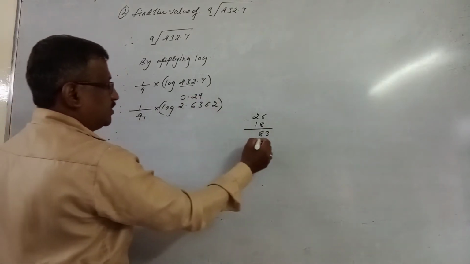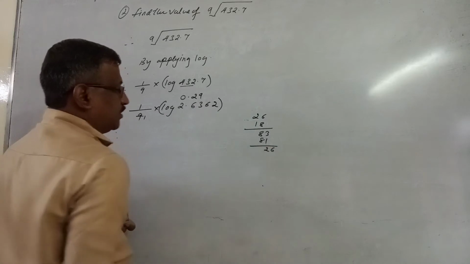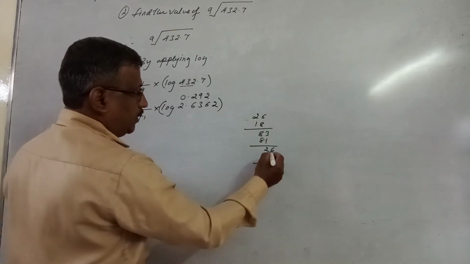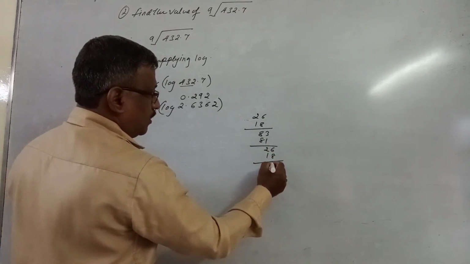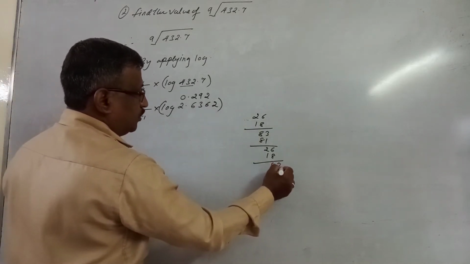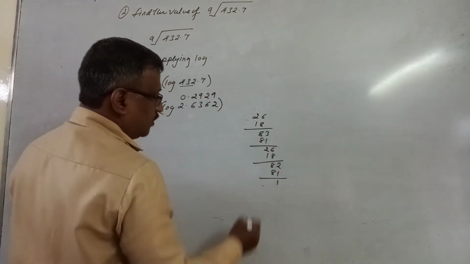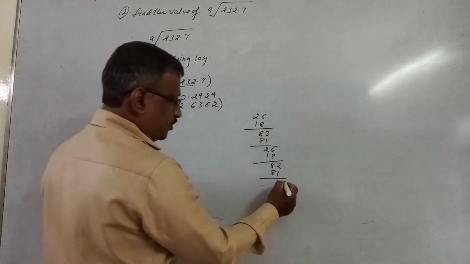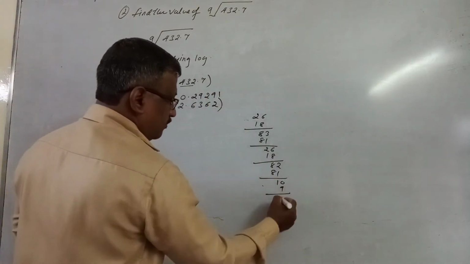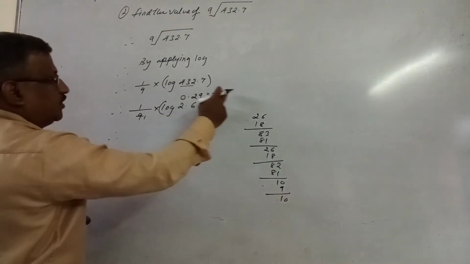So 9 9s are 81. Okay. Balance is 2. Now take the next digit, it is 6. So again 9 2s are 18, right? Balance is again 8. Now take the next digit, it is 2. So again 9 9s are 81. Balance is 1. Now after 2 there are no digits, and when there are no digits you have to go on adding zeros. So take the first 0, 10. So 9 ones are 9, balance is 1, again 9 ones are 9. So it will come recurring 1 1 1 1 1. So if you divide this in the calculator also you get the same.